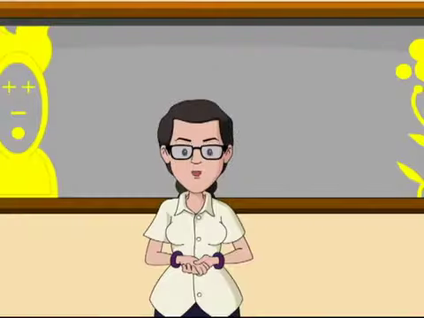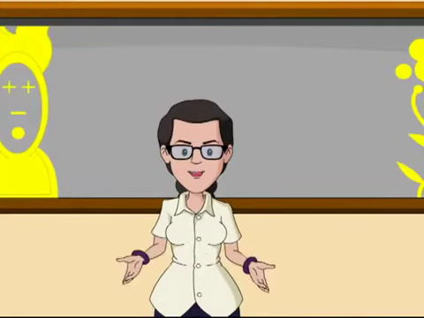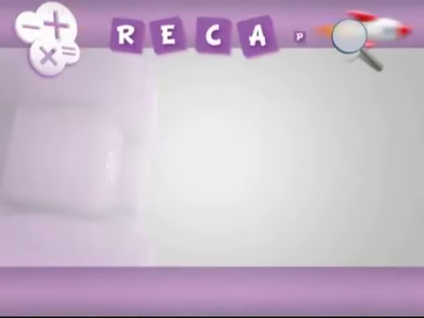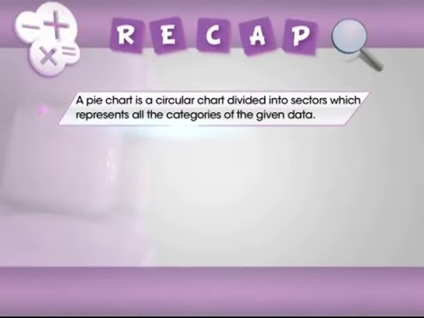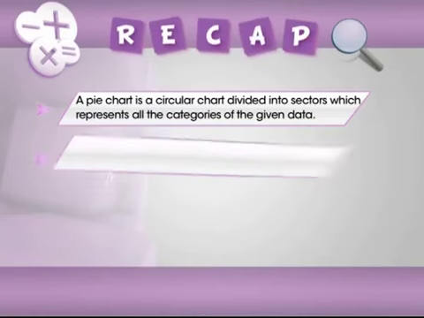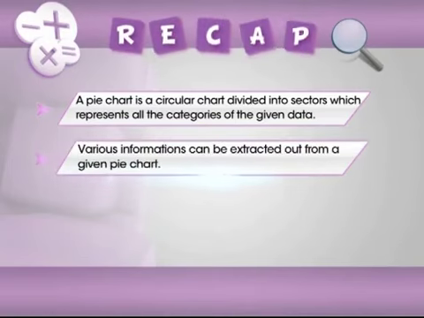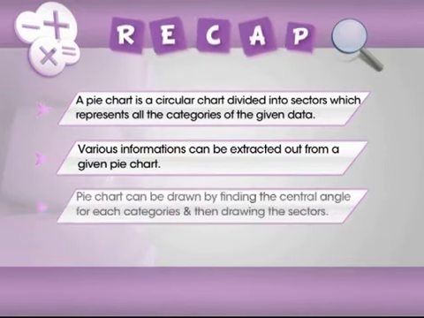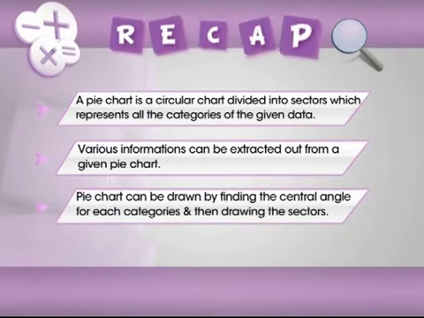Now let's take a quick jog down memory lane to catch up on what we have learned on pie charts. In this module, we have learned the following. A pie chart is a circular chart divided into sectors which represent all the categories of the given data. Various information can be extracted from a given pie chart. A pie chart of given data can be drawn by first finding the central